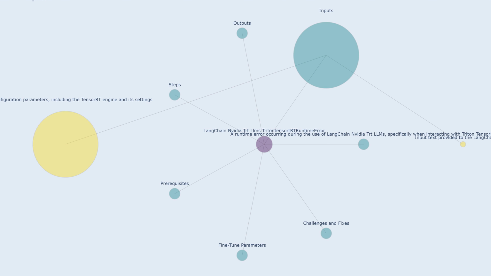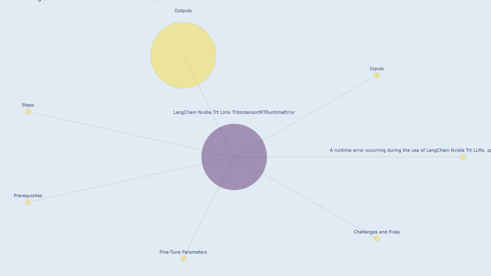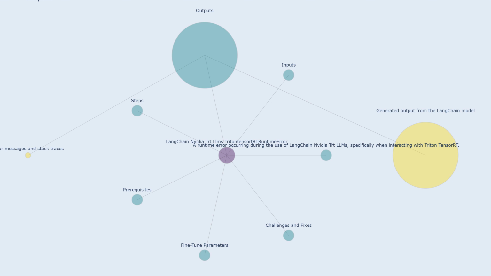Model configuration parameters, which define the settings for the TensorRT engine. This includes specifications like the TensorRT engine itself, its precision level, batch size, and other optimization parameters. Outputs: generated output from the langchain model. This output could be a response to a user query, a summary of the input text, or any other results